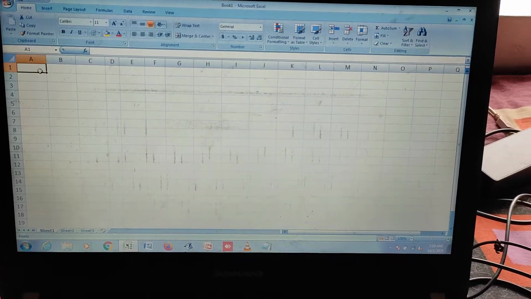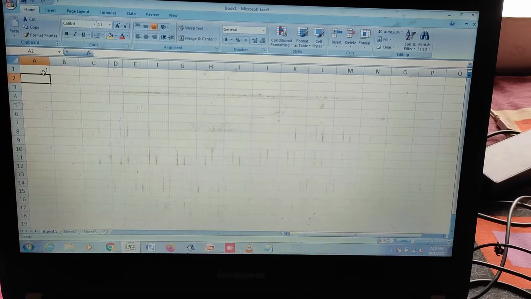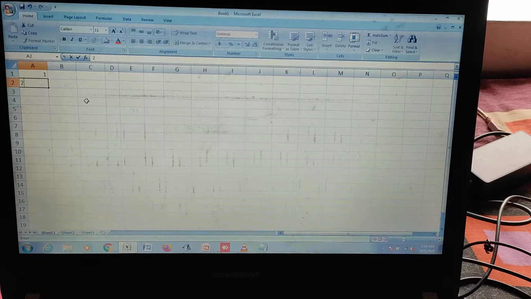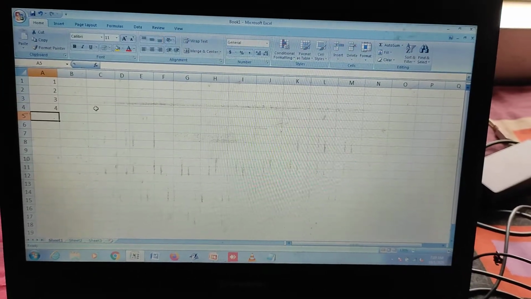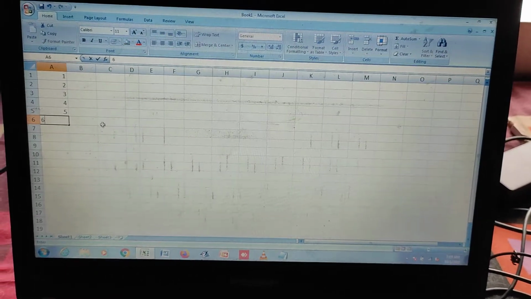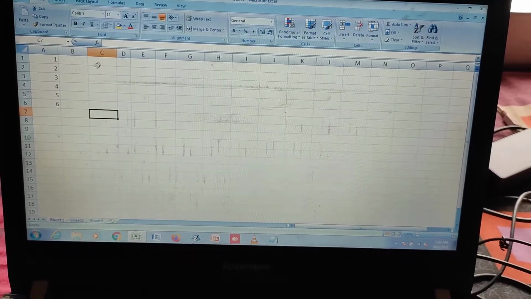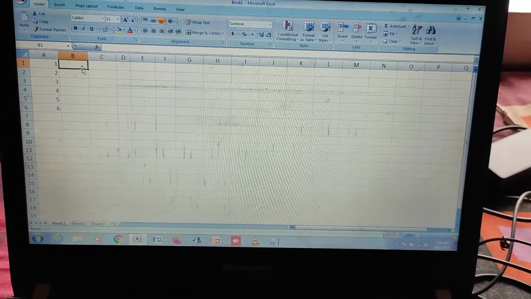Suppose I am typing here 1, then 2, then 3, 4, 5, 6. So it will take time. If you want to insert like this, it will take time. Instead of that, you can do one thing. You just press 1,